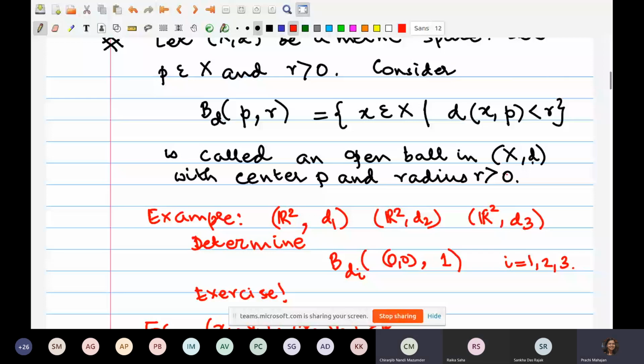Yeah. So an epsilon neighborhood of a point P. Just a minute, let me just complete the answer to her question. The epsilon neighborhood of a point P in the metric space (X, d) is an open ball with center P and radius epsilon. That's all. Is that okay? Does that answer your question?